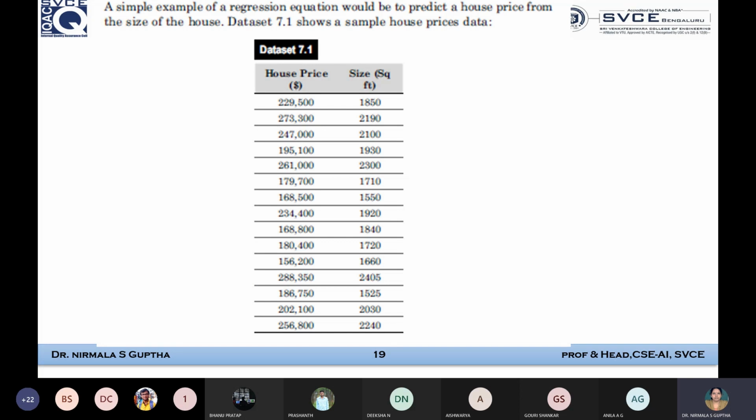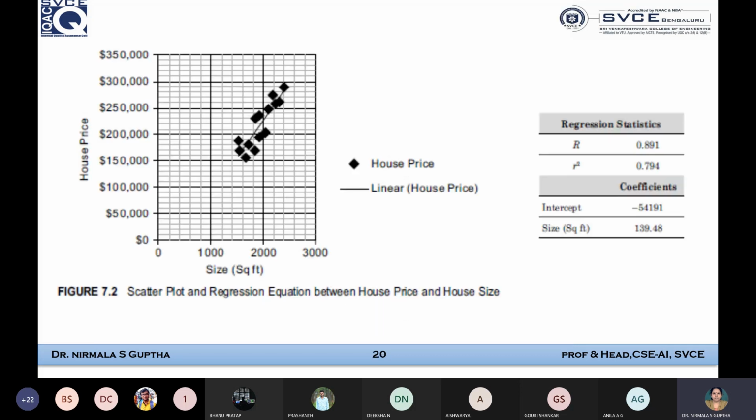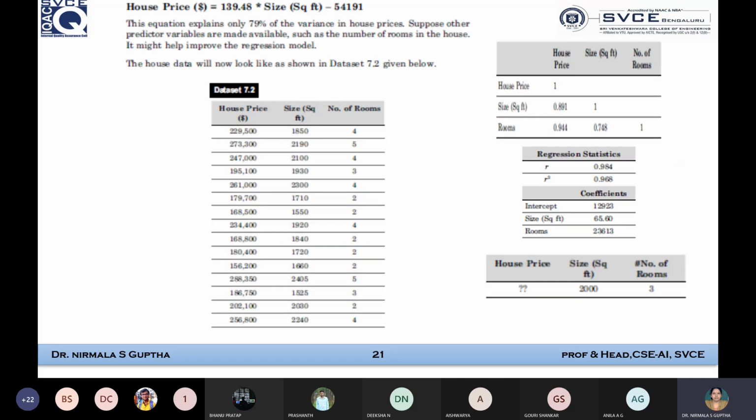Okay. So which is my x-axis, size in square feet, and y-axis, house price. So we are trying to predict the house price based on the size of the house in terms of square feet. So that was the example we started discussing. And we have also discussed the equation we got as the answer. 79% of the variance in the house pricing we can get, and house price is computed by the equation, which is given as 139.48, that is the predicted size of the site in terms of square feet,